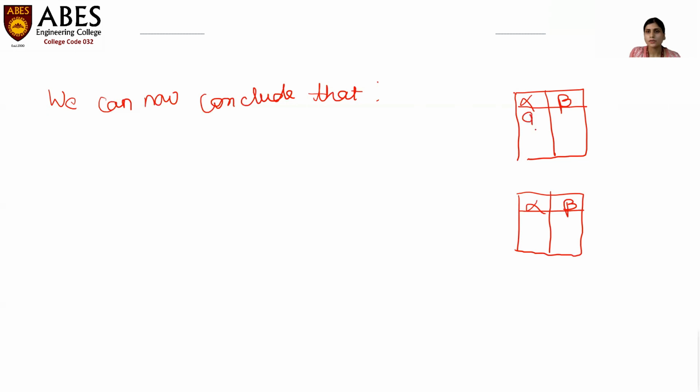We have some same values as A, A, C, D for alpha, and for beta we have values 1, 2, 3, and similarly here we have tuples like A, B, C, D, and respectively we have the values of beta as 1, 1, 3, and 4. So we can now conclude that for same